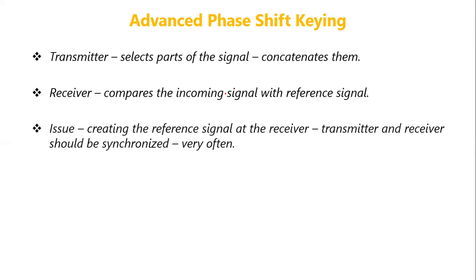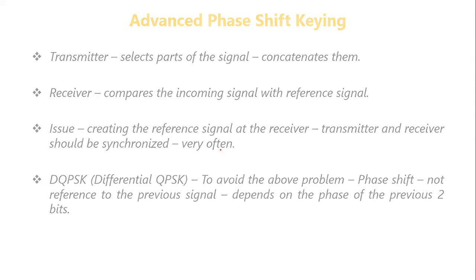The problem is the receiver should know the reference signal. So creating the reference signal at the receiver end needs proper synchronization between transmitter and receiver frequently. Okay, because every time the receiver has to create the reference signal, the transmitter and the receiver should be synchronized very often. So this is the problem with this type of quadrature phase shift keying. But this can be avoided